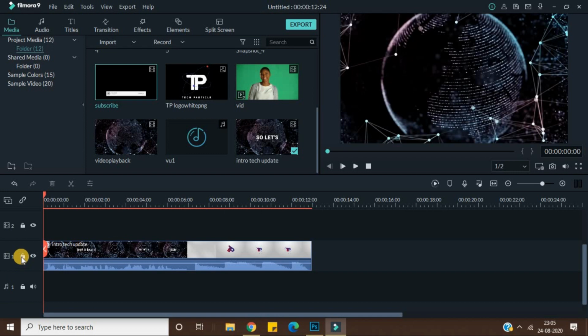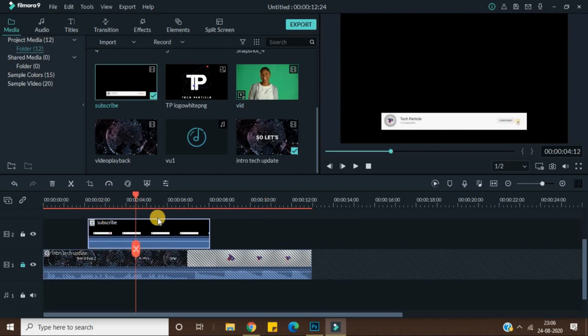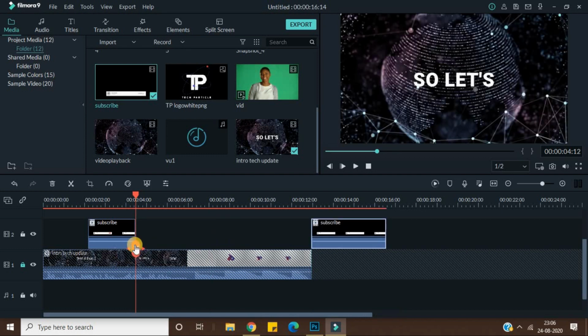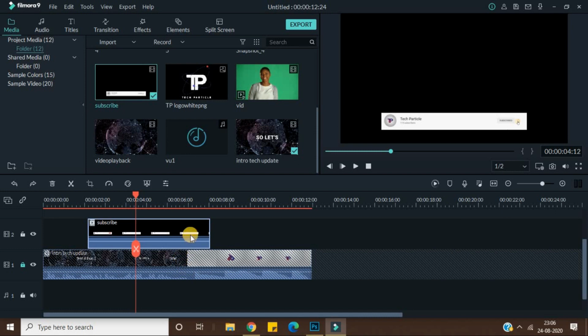Then there is one option called lock. Let's suppose I have done this and I have this particular video here, and anything which I do to this video will not affect this particular track, right? If I even cut this, split it from here, as you can see before, this simple button was splitting all the tracks, but now it is just working on this particular part, right? So I can do that.